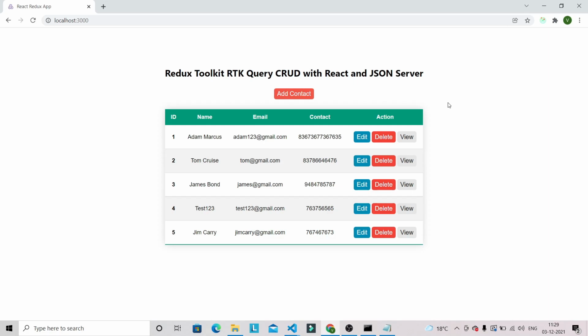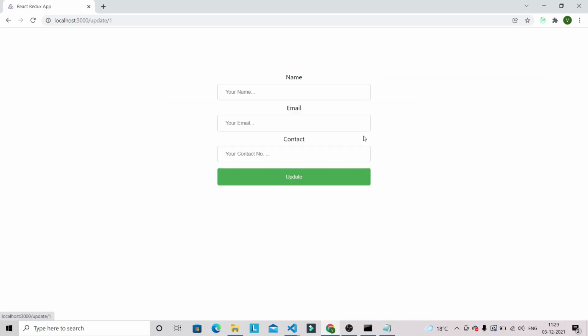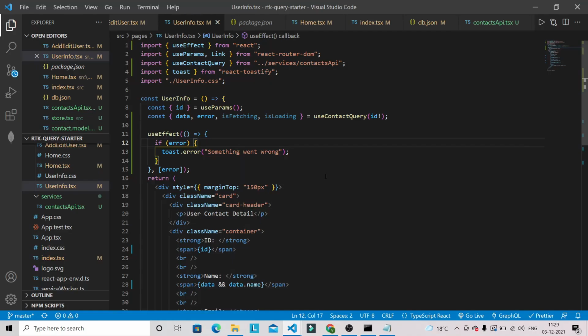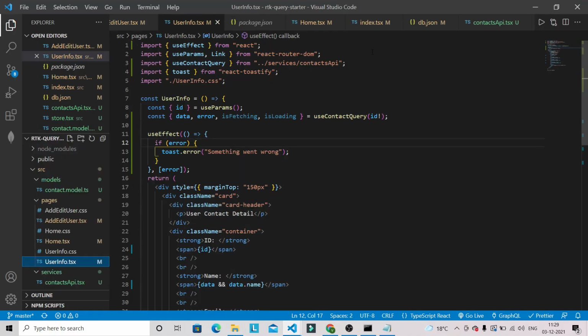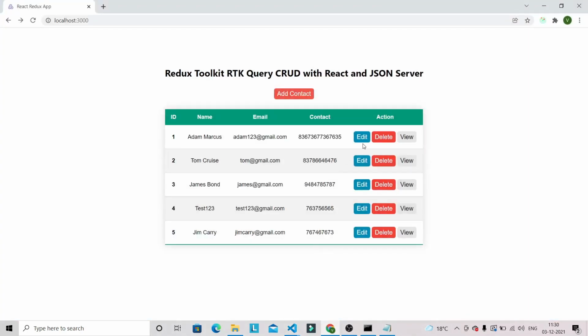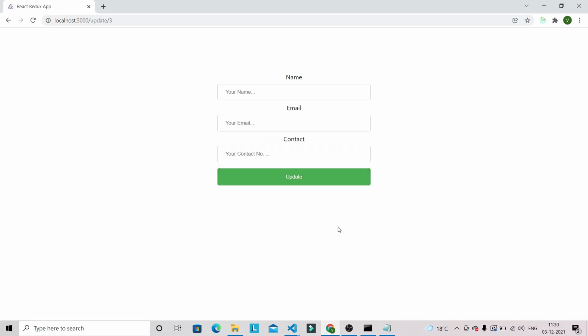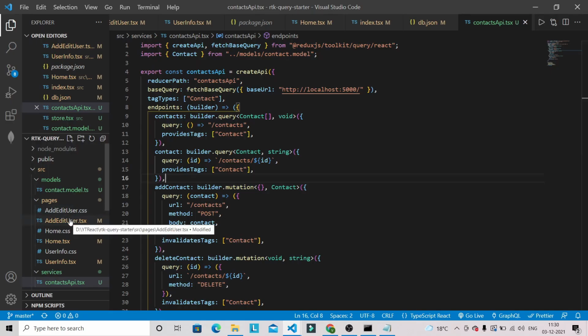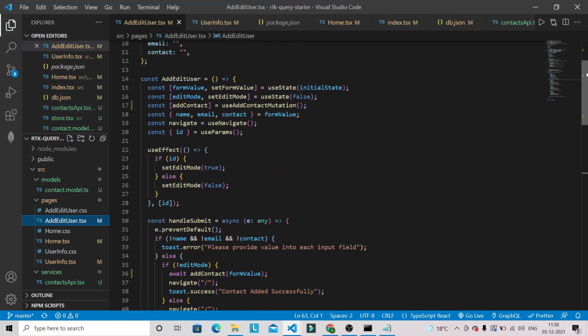So the user can also update the existing contact with the help of RTK query. So if the user clicks on this edit button, first we need to populate the existing contact detail in each respective input field. So let's first do that one. Okay, so in order to update the existing contact detail, we have already created this query, which, as you can see, is responsible for fetching the data based on the ID. So first we are going to use this query so that we are able to populate the existing contact detail into each respective input field. Okay, so let's go back to the add edit user.tsx file, and here we're gonna bring